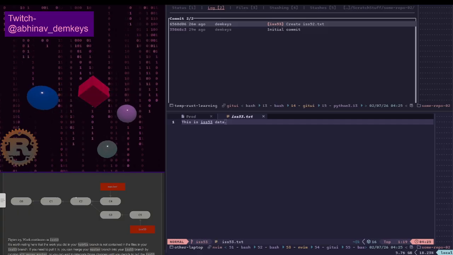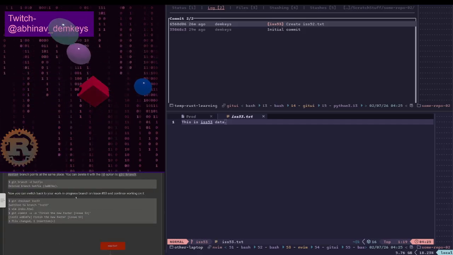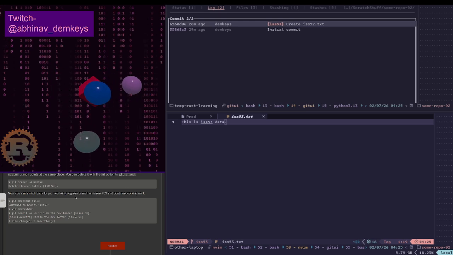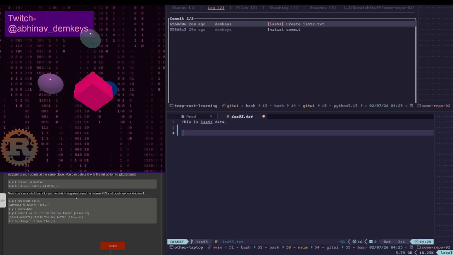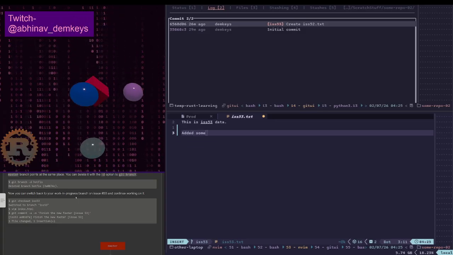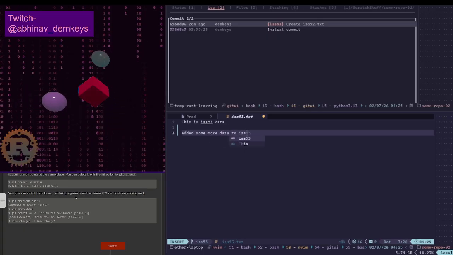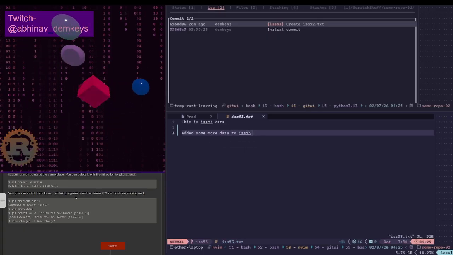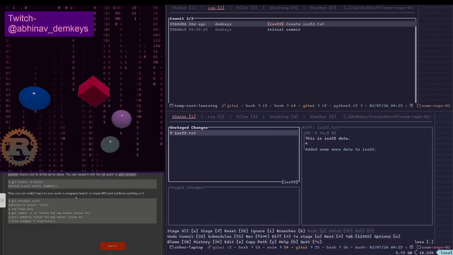Hold up. We now have a new commit here. It says finish the footer. Okay, let's say added some more data to ISS 53. And now we go into Git UI and commit the change.